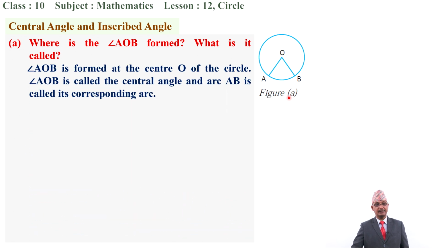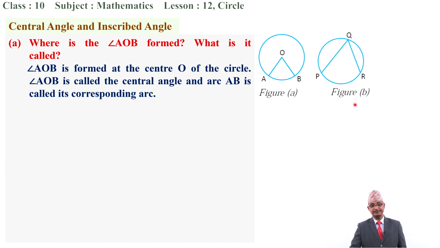So look here, angle AOB is formed at the center O of the circle. So angle AOB is called central angle, and arc AB is opposite to this central angle AOB. So arc AB is called the corresponding arc. Meaning an arc which is opposite to the central angle is called the corresponding arc. Similarly,